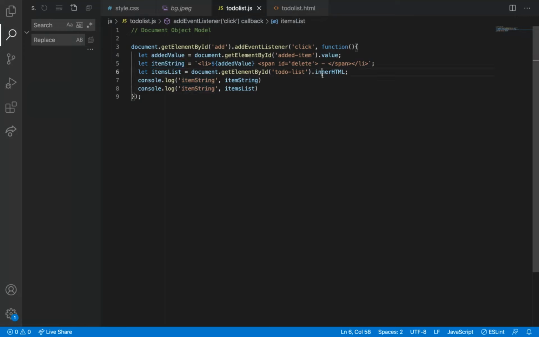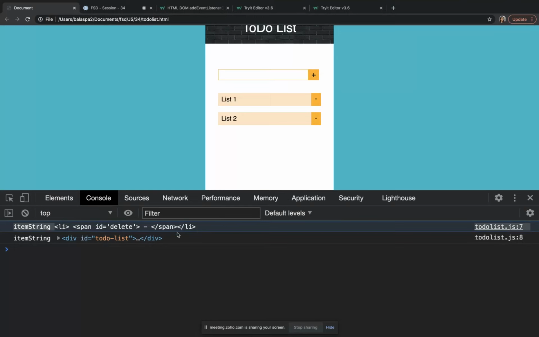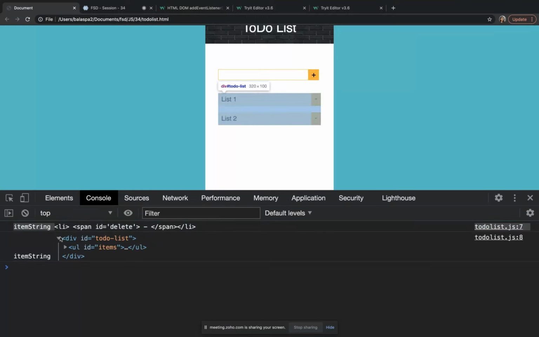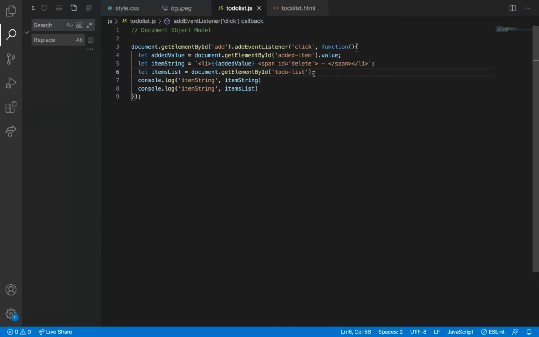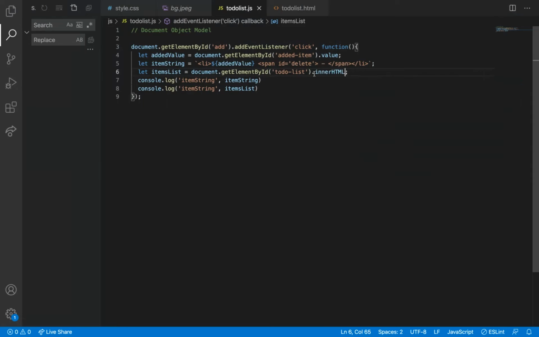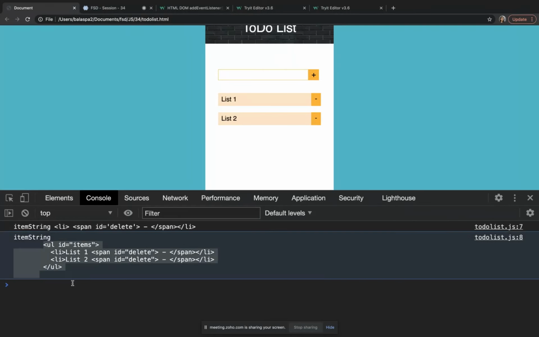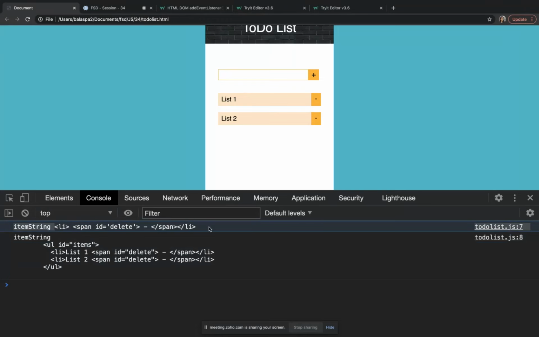If I give it like this, it gives me HTML content, but I don't want that because I have this li as a string. So innerHTML will help. What innerHTML does is it gets the HTML and gives it as a string. So I get this as a string and this also as a string.